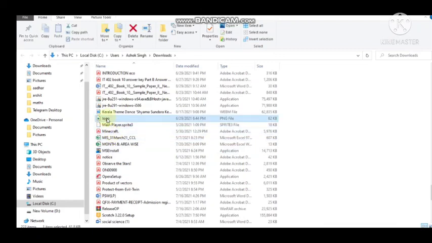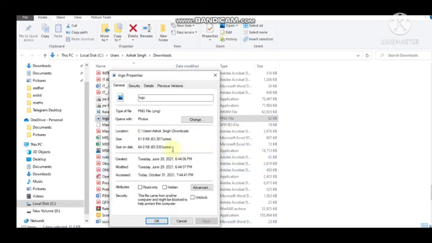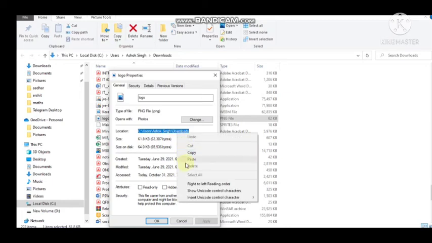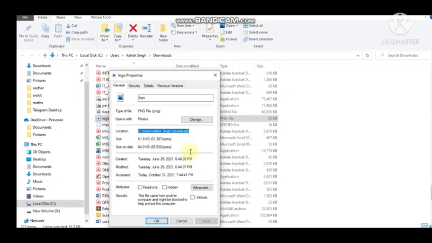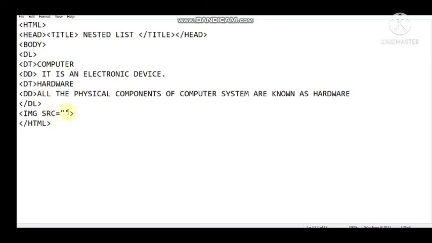Okay, open this logo, right click, properties. This is the path of the file. Copy it, right click, copy. After copying this path, you will go to your notepad file, and within double quotation marks you will paste the path.